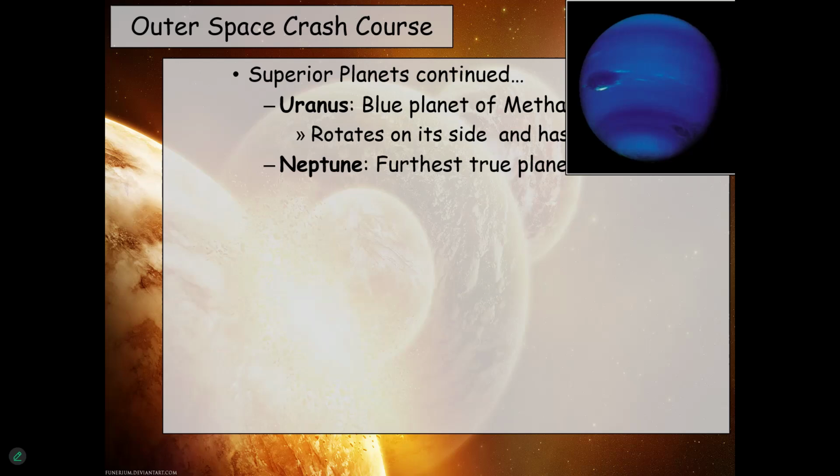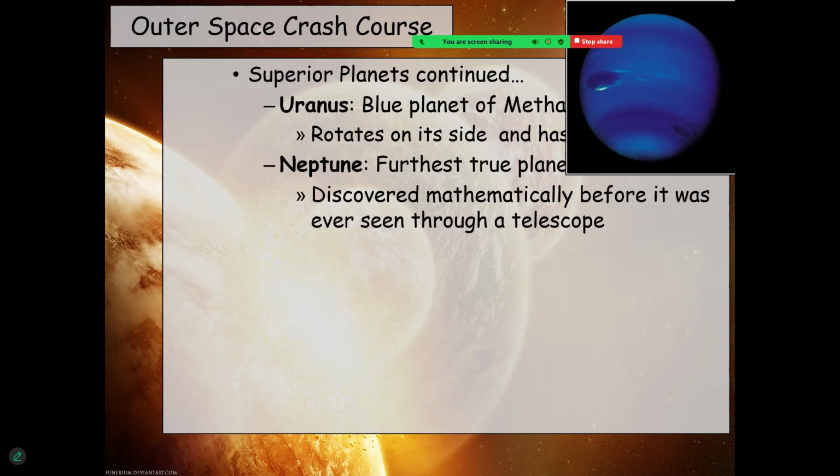Neptune, I'm sorry, I cut off that. It's the furthest true planet. I mentioned Pluto. It's not a true planet. It's technically further out, but Neptune is the furthest thing that still qualifies as a planet. We found out about it mathematically first. We calculated things and we're like, there should be something there. We could calculate the effect of gravity on things that we were seeing in the telescope, and we're like, there is something mathematically there. We just can't find it. And then eventually someone did find it through a telescope. And so we discovered it mathematically before we visually discovered it.